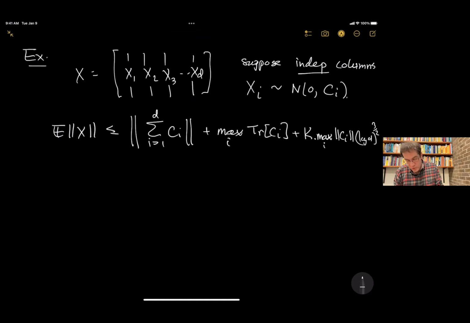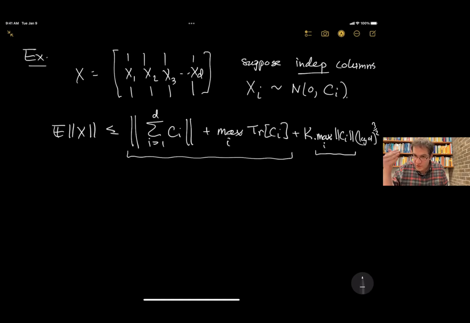So you see this last factor, this logarithmic factor? This is what controls how much this matrix behaves like its Platonic ideal. But you see that the parameter that naturally arises here, which is the maximum operator norm of the covariance matrices of the columns, is typically much, much smaller than the leading order behavior, which is the behavior of X3. Because, for example, already here you see that one of the terms in the behavior of X3 is a maximum of the traces of the covariance matrices.